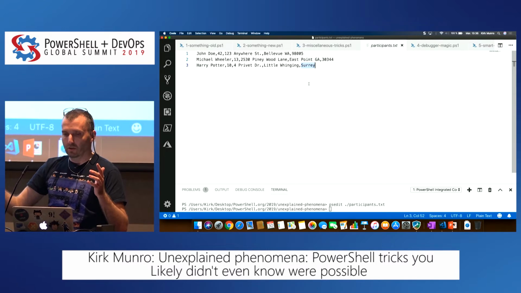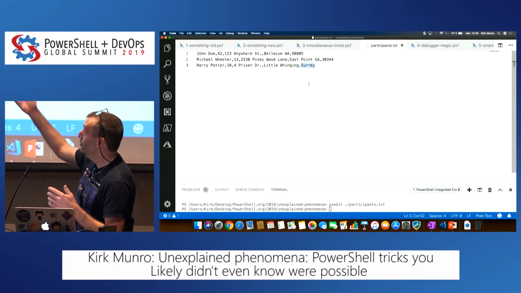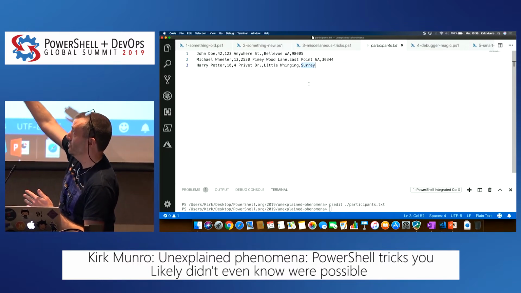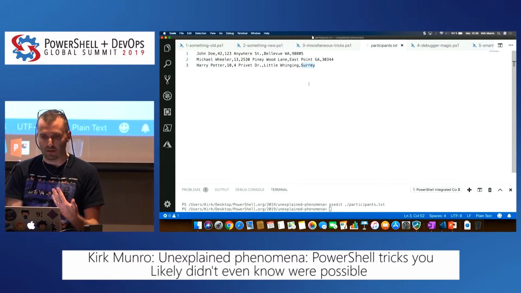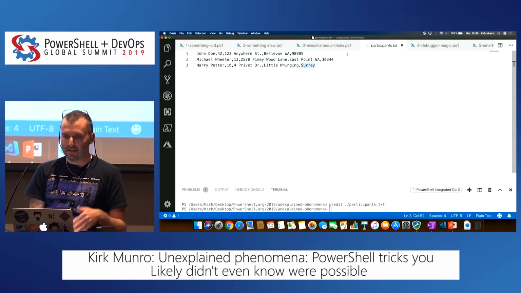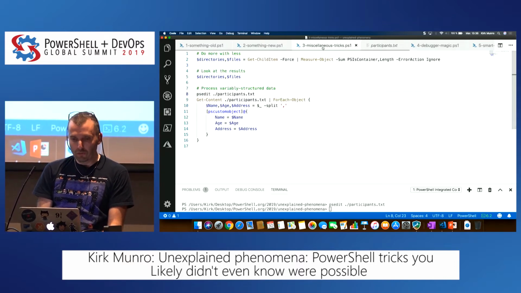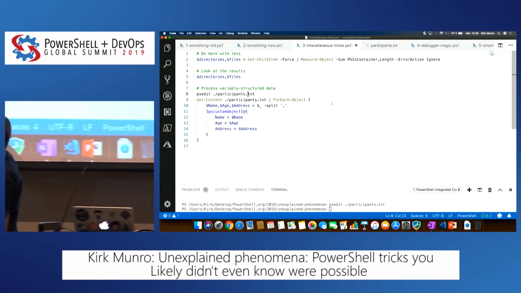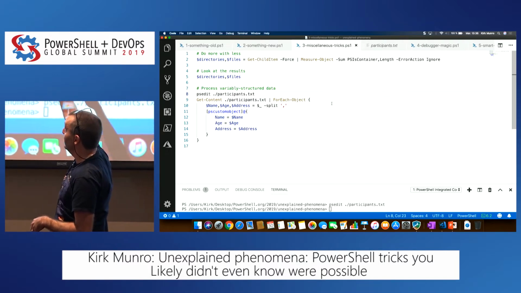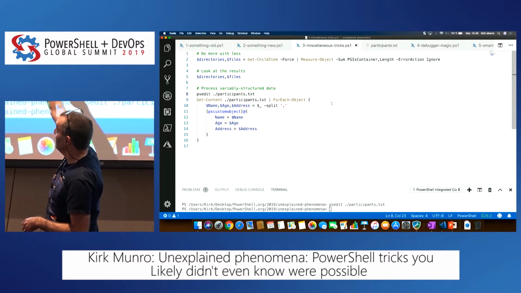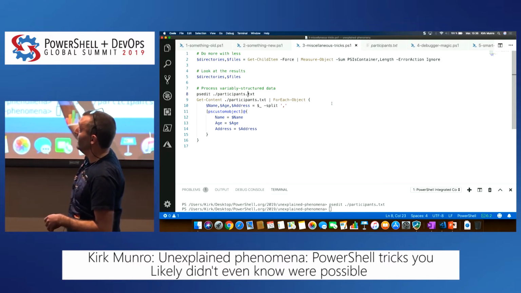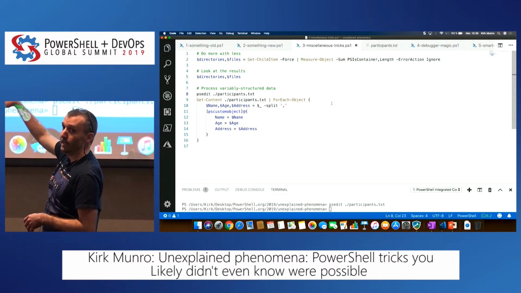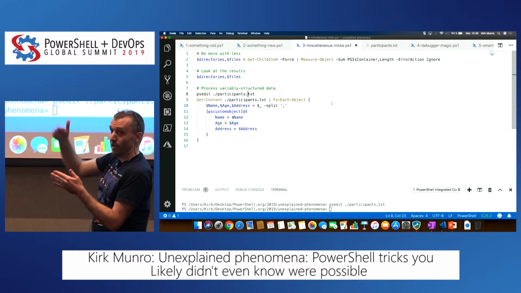When you're dealing with something like that, knowing that you can take arrays, because if you look at it, it's just a string broken up by commas, so it's like an array. Knowing that you can take arrays and assign them to multiple values at once is interesting. So I've got this Get-Content, get the contents of the file. For each line item, I want to split the line by comma, so I get an array. I want the first field to be name, the second to be age, and then everything else goes in address. It doesn't matter how many fields there are after that in address.